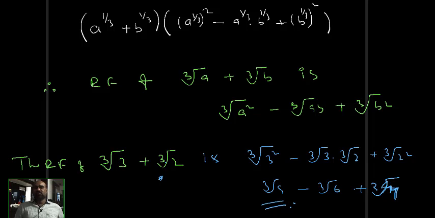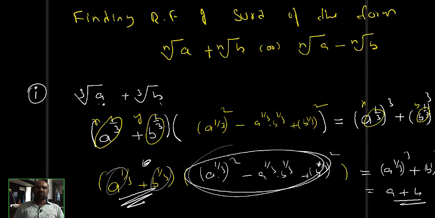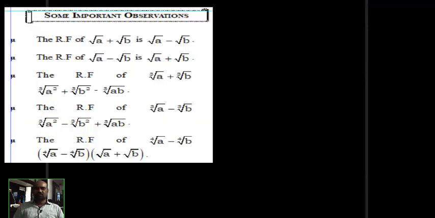Very important concept, Nana. One thing: for example, if minus is given, automatically this becomes the RF. a − b should multiply with a² + ab + b² to get a³ − b³. I hope you people understood the concept of RF. This is for the form n-th root of a plus n-th root of b, but n is taken as 3. Next class I will explain how, if n is taken as 4 or 5, to find its RF. See here, clearly given here.